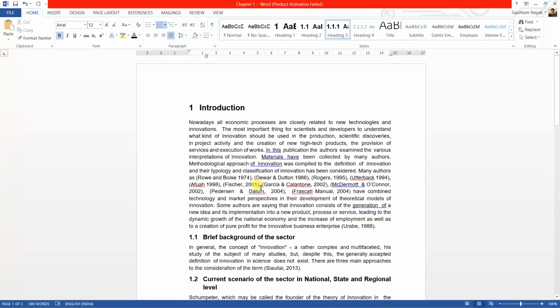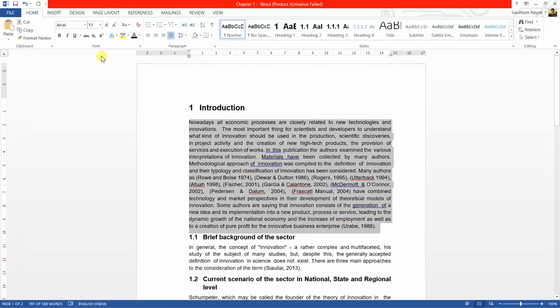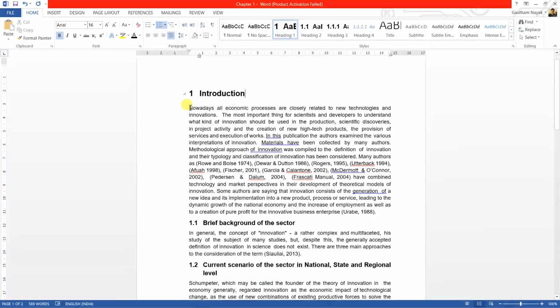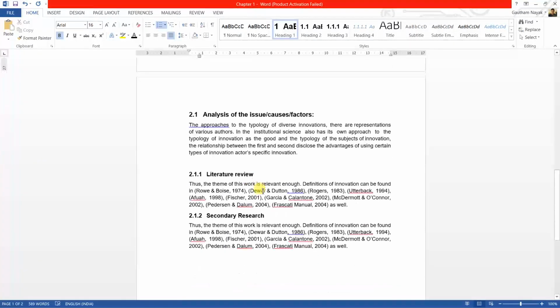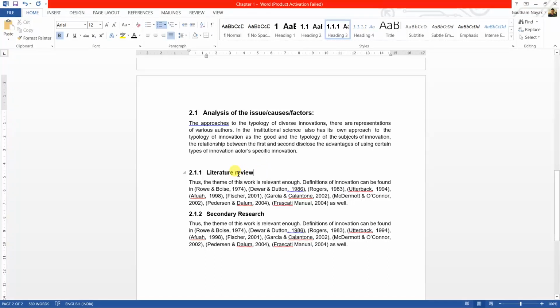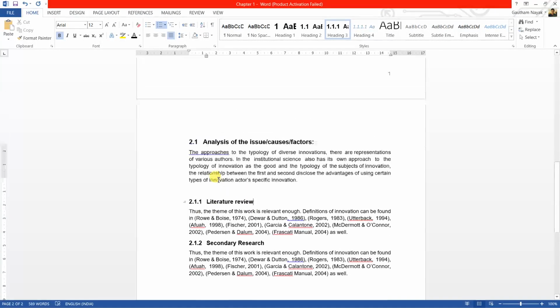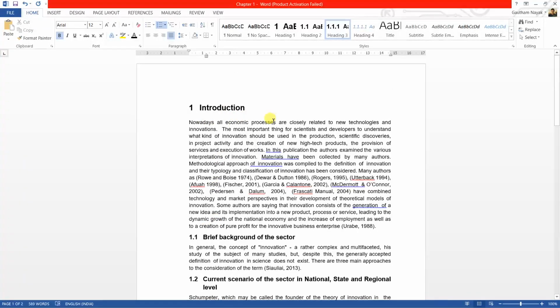To give you a recap of what we did: make sure that you keep your body settings to Arial, font size 11, and paragraph spacing to 1.15, and also your heading 1 settings to 16, heading 2 to font 13, bold and Arial, and heading 3, that is subsections, to Arial font 12 points, with paragraph spacing of 5 points, and for the chapter paragraph spacing of 12.